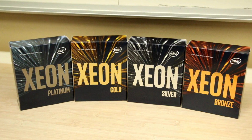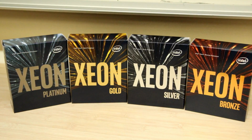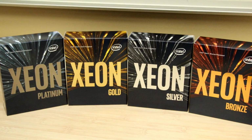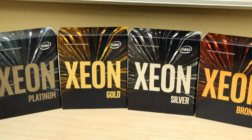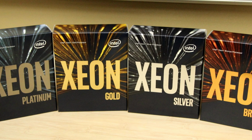It's been a curious week in the tech industry with Intel releasing their new server CPUs, their Purley Xeon range, based on their new Skylake SP server architecture. Now we've already seen Skylake X, the desktop versions of those low core count server CPUs. Before taking a closer look at these CPUs and also how they compare against AMD's new Epyc CPUs, we'll take